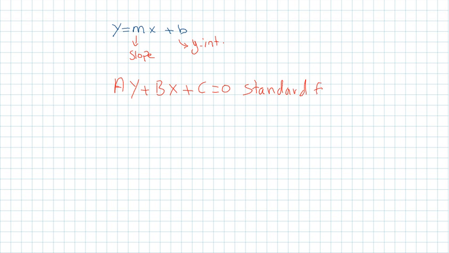because you can't tell much from it, but you can always move from standard to the slope y-intercept form by rearranging your formula. Which means you leave this ay on this side because you want to hold this y on one side, and then move everything else to the other side, and then divide by a. We're going to do examples like that today in the review. So I'm not going to isolate using the letters. We're going to look at